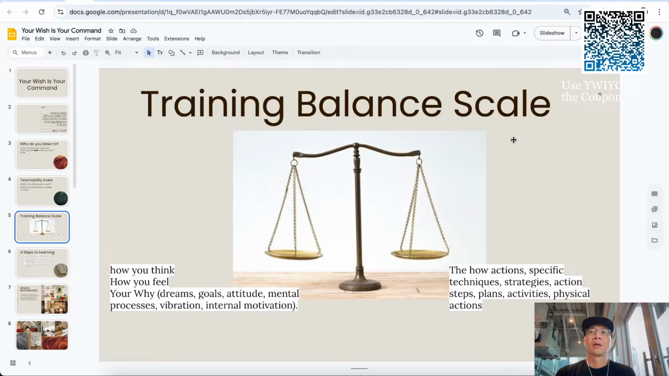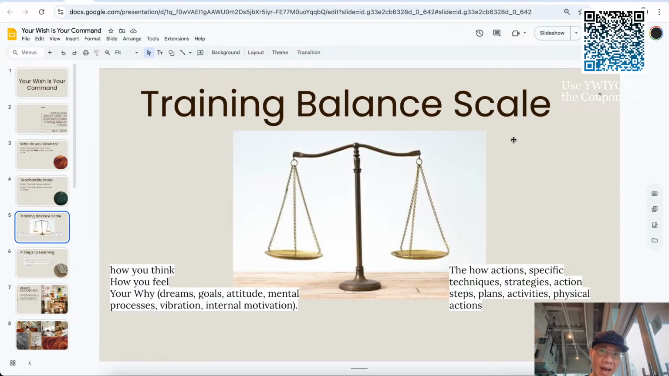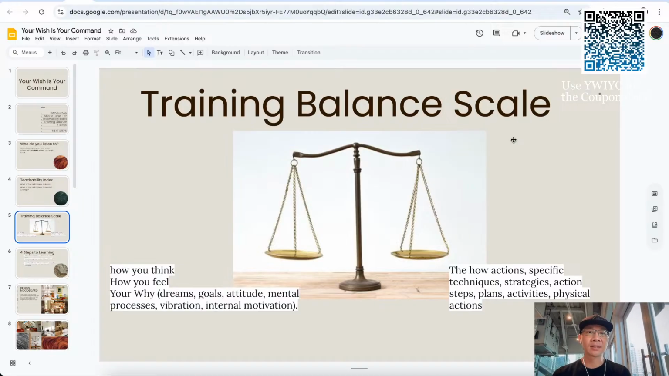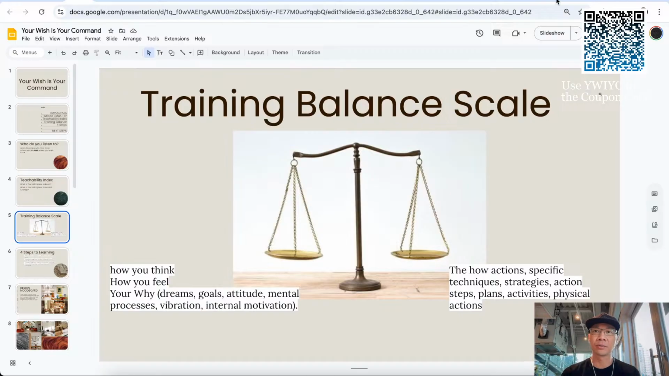All right. The next lesson we're going to talk about is the training balance scale. What is this all about? Think of the scale that tilts back and forth. On one side of the scale, it's about how you think and how you feel: your why, your dreams and goals, attitudes, mental processes, your internal motivation. On the other side of the scale are the how actions: the specific techniques, the strategies, action steps, activities,